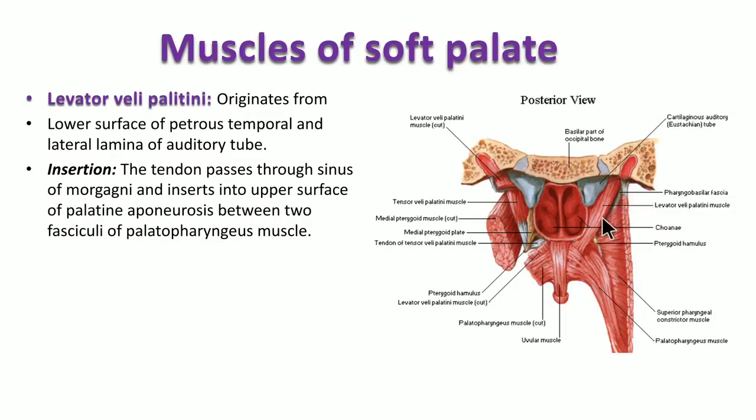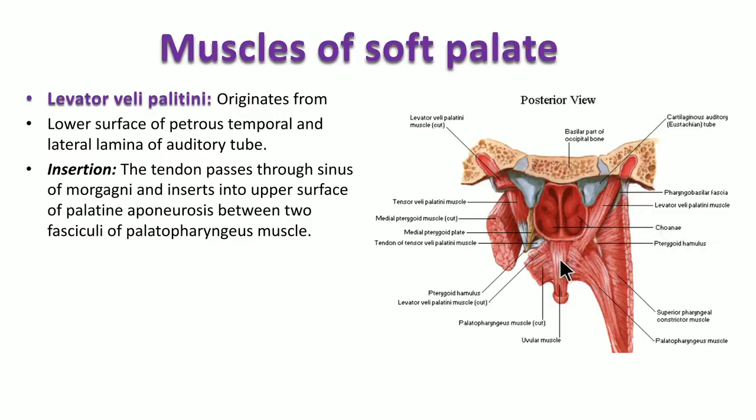Then it passes downwards and medially through the sinus of Morgagni. This is the lateral wall of the pharynx. Between the base of skull and the upper border of the pharynx, there is a small space which is covered only by the pharyngobasilar fascia, not the mucous membrane. So don't worry about that. We will discuss that in the pharynx class. Through that space, the levator veli palatini will pass,